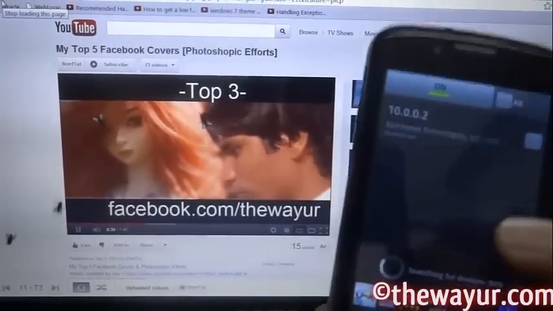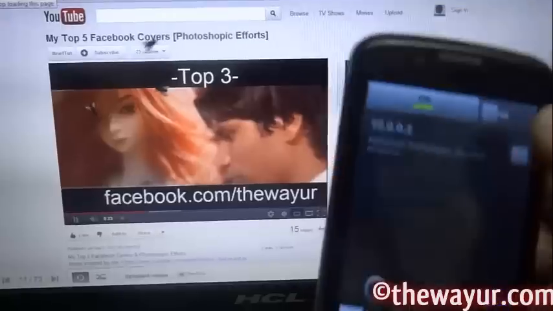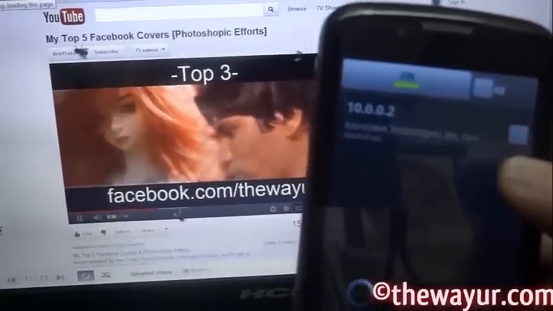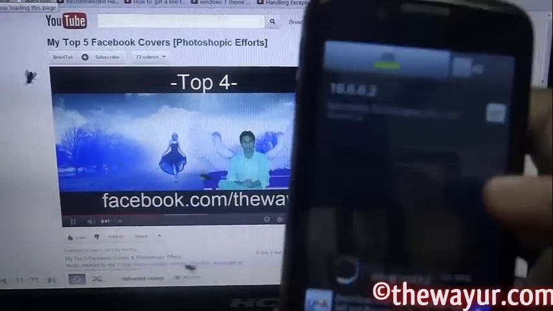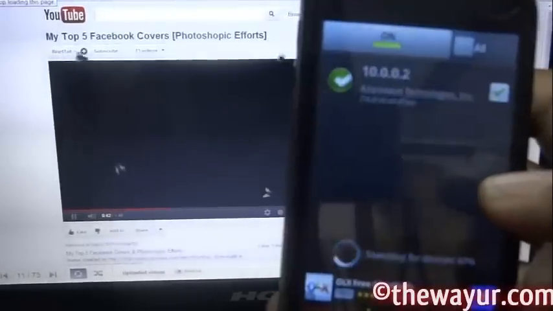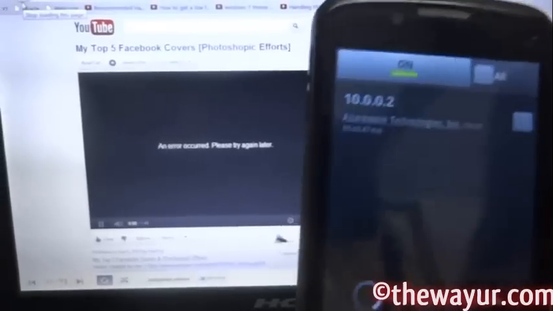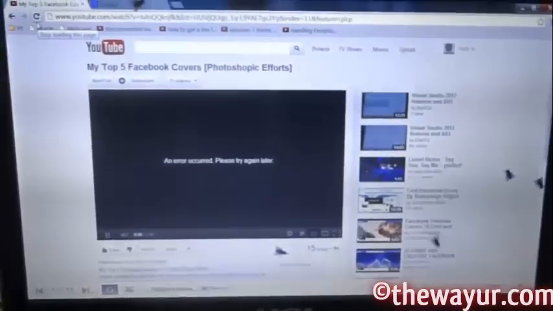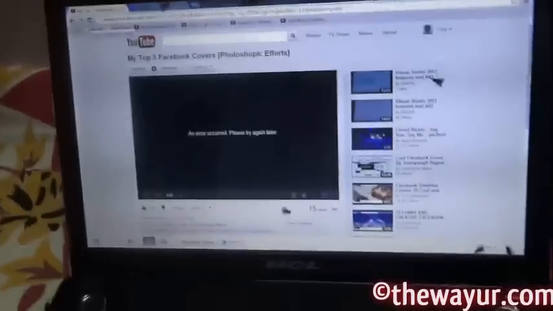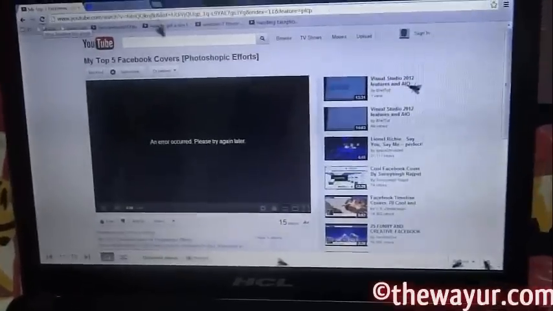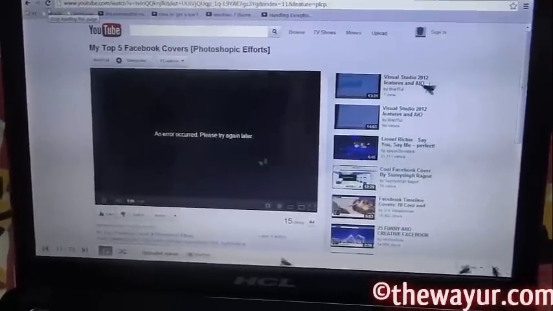Let's block this client again. I am checking it. This is my Facebook profile. As the check sign comes, the internet has gone. The client has disconnected. To unblock, simply uncheck, and it should use the internet. So that's it. You have all the power to block or unblock, like you are the Wi-Fi admin.